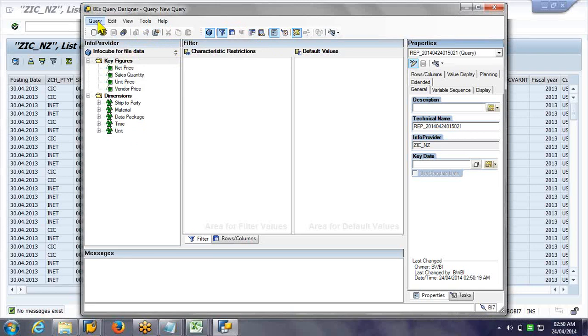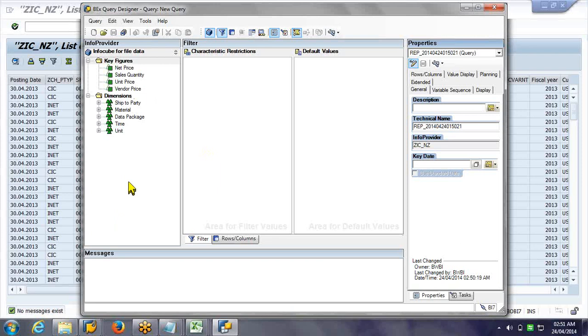Those toolbars are nothing but these. Whatever options you are seeing in the menu bar, you can see over here also: new, create a new query, open an existing query, save query, check query, like that. So many options are there. So this is about the various buttons. Here it is divided into 4 areas.